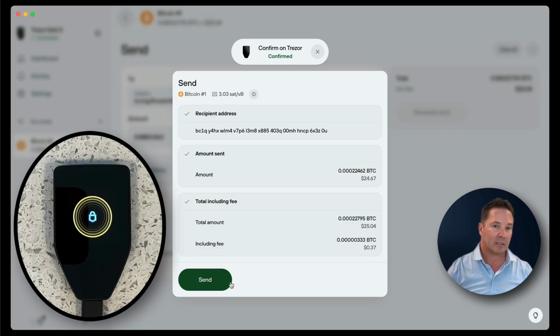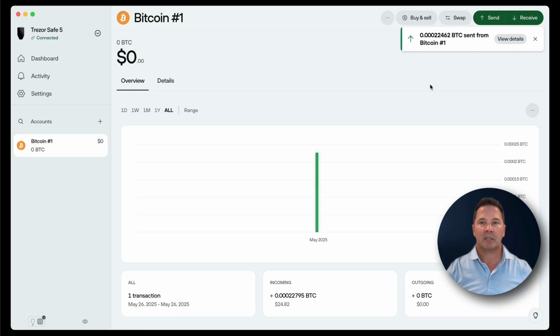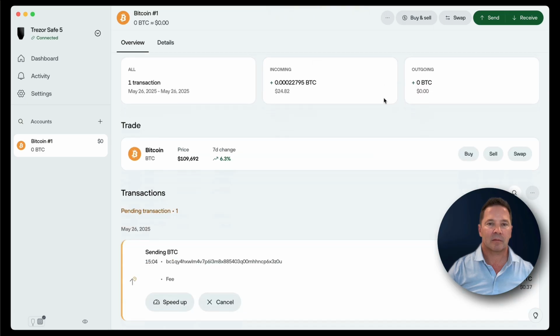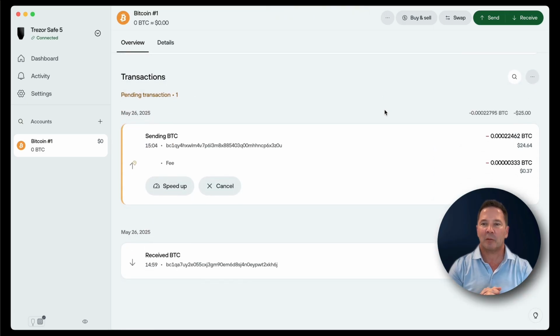Now, I don't have to send it. It didn't get sent automatically, but I'm going to send it. And now the Bitcoin is being sent out of the wallet, and you can see our balance reflects that. It's 0. That's it. Pretty simple. Easy peasy. And I just got a notice from the exchange that they have received the transaction, and it's pending